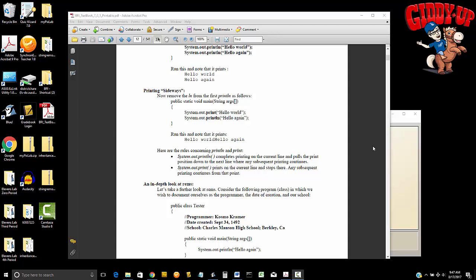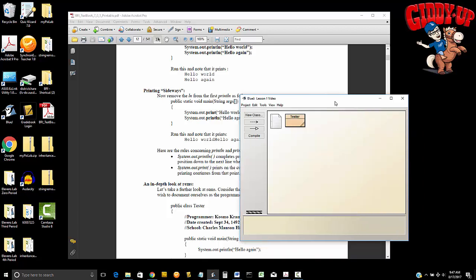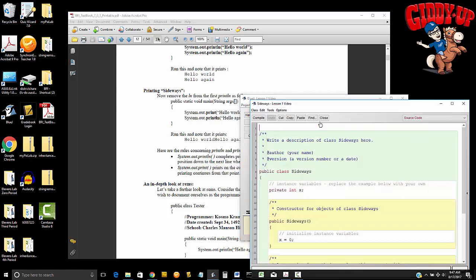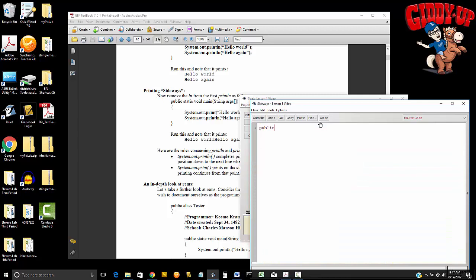And just a warning, if you're going to miss something on the first quiz, typically you're going to miss printing sideways. So one more time, a new class here. I'll just call it Sideways with a capital S. And then I'll go inside there, Control A and delete everything, and do my skeleton: public class Sideways, open a curly brace, the rest of my skeleton,